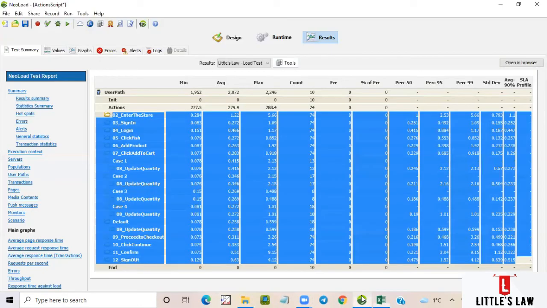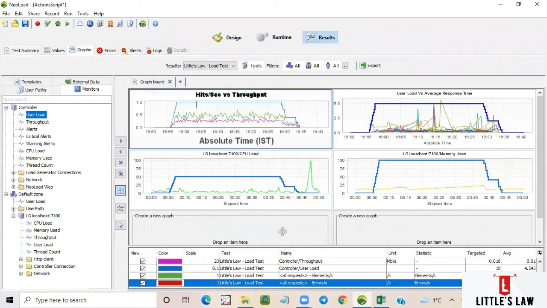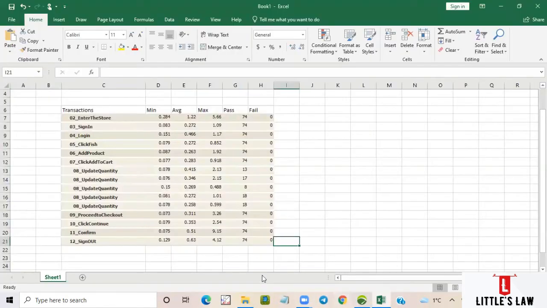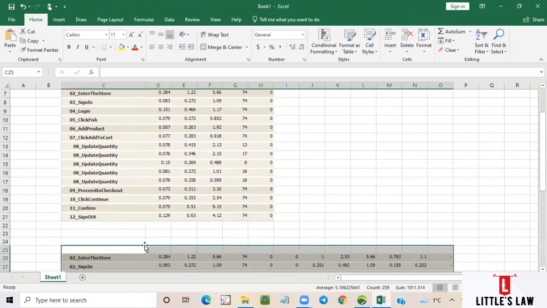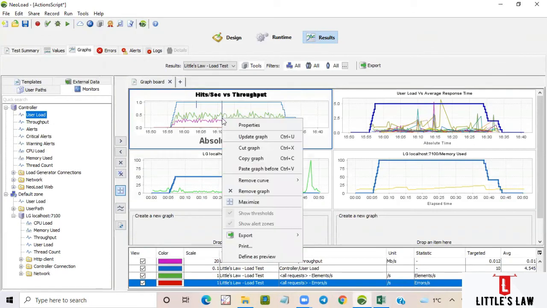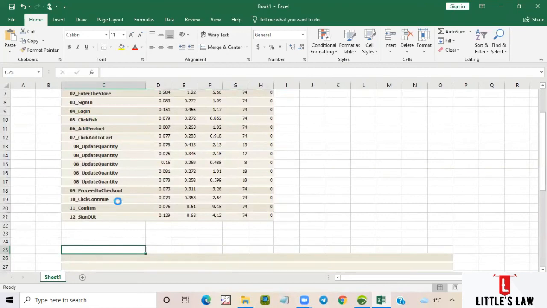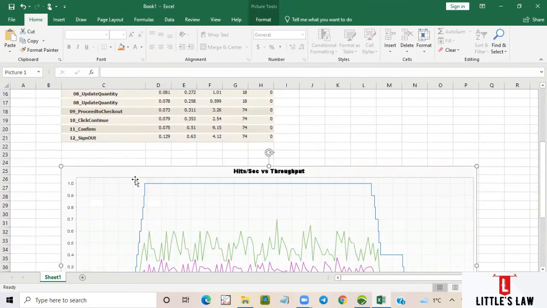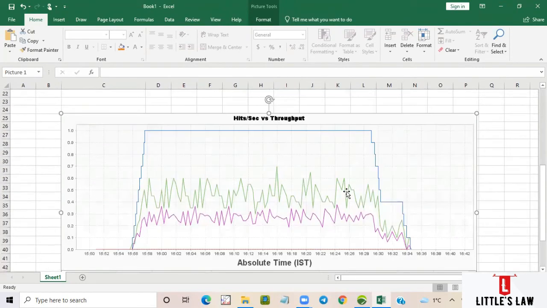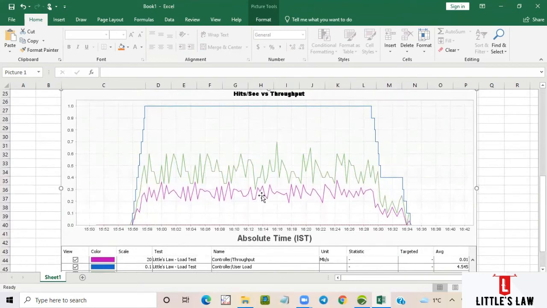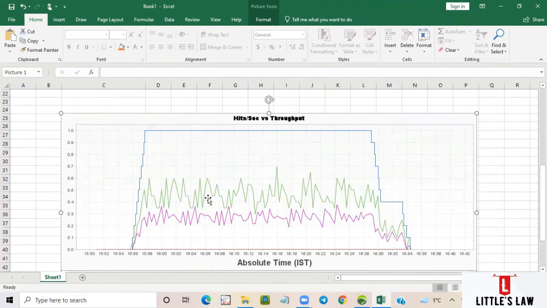And then you have this graphs part, which I have already taken. Just right click on it, click copy, and wherever you want, either a Word file or an Excel file, you can paste it there. Just right click, copy image to clipboard. So you can get the graphs here, and this is how it will be very clear. You can get the results here, and this will show you what metrics and what units you have for this monitoring part.